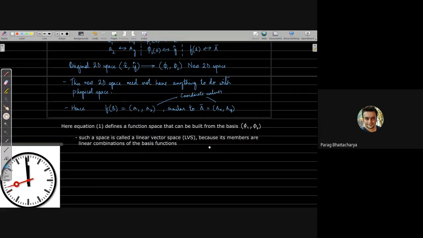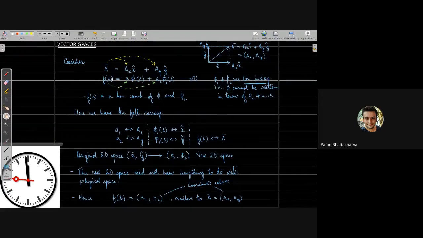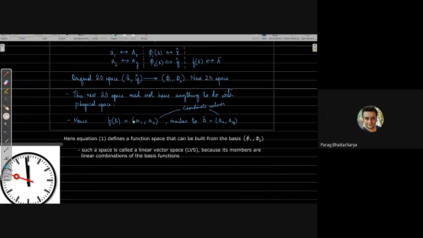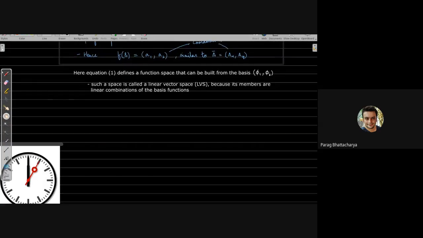Why is it a linear vector space? Because all the members of this vector space, such as f of s, we can build using linear combinations of the basis functions. And which are the basis functions? The basis functions are phi1 and phi2. So using various linear combinations of these two basis functions, we can obtain a linear vector space. Example,